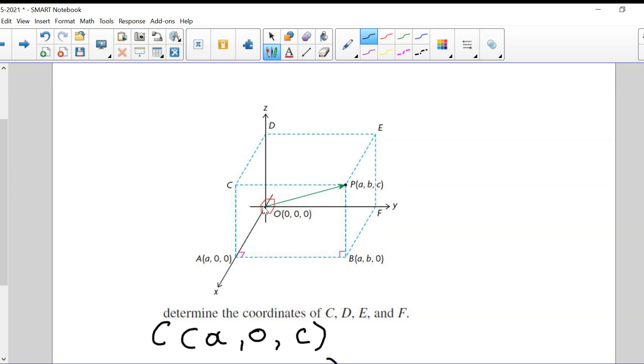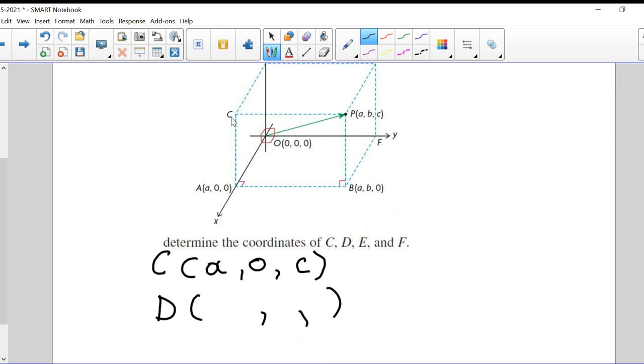Yeah, let me go back. I don't want to go too fast here. I want to make sure everybody's following me here. The C point is this point. Let me circle it. Look at where C is. C is right here. How do I get to C? To get to C, hold on, Thomas. To get to C, I'm going to move along the x-axis, right? A units along the x-axis, right? This point here up here is ABC. So I moved A units along the x-axis, and I moved up C units along the z-axis,